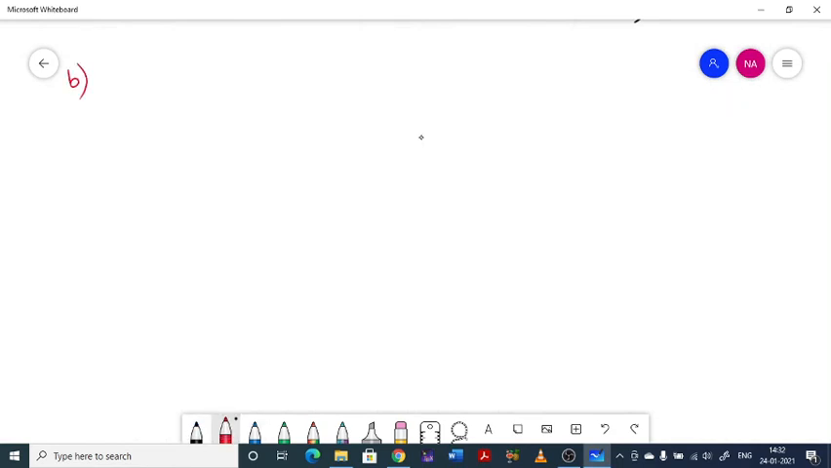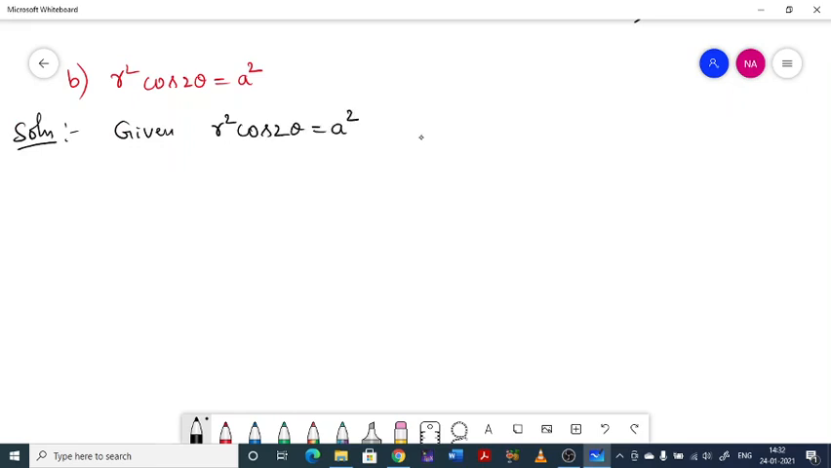R square cos 2 theta equal to a square. So as usual, solution given: r square cos 2 theta equal to a square. So taking log on both sides,